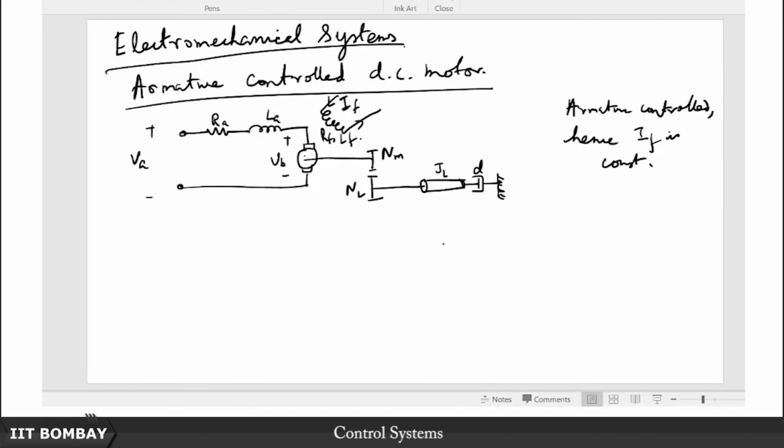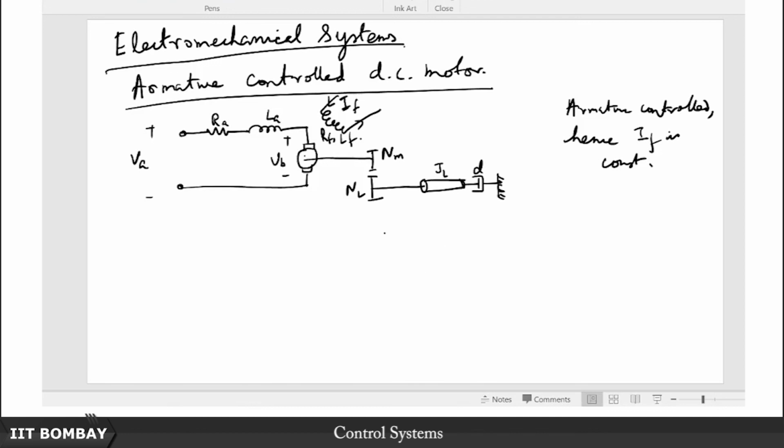It turns out that for this system we know the physics of each individual part, the differential equations governing the dynamics of each part. So we should be able to write it down. In the next lecture, we'll see how we write down these equations in the Laplace transform domain and eventually obtain